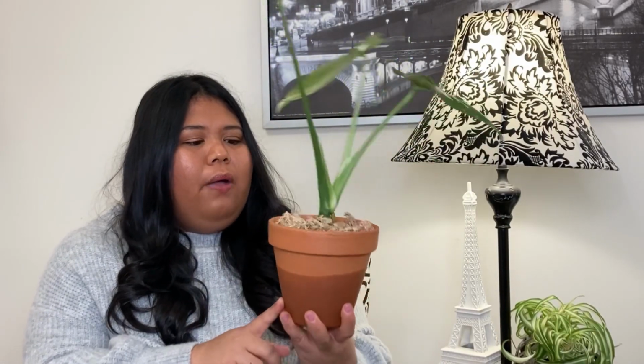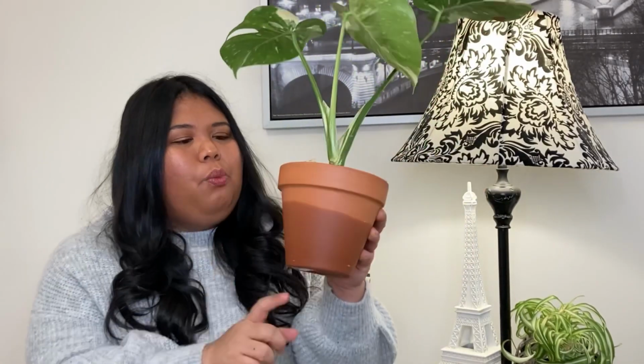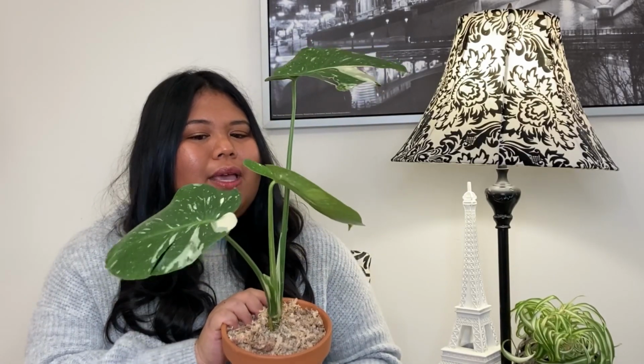I recently repotted this from a 4-inch pot to the 6-inch pot. I actually just watered it, as you can see. I was bottom watering it, so the water level has just reached up here before I pulled it to film this video. So far, my journey with this is going well, but the first 2 months, it was really touch